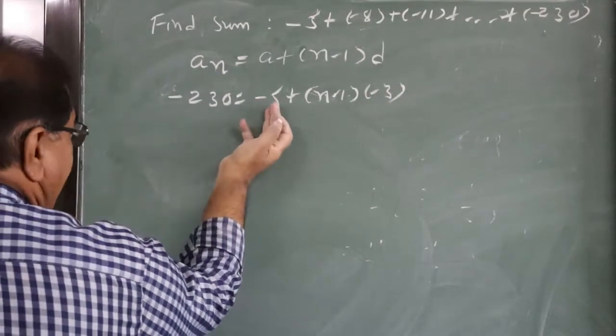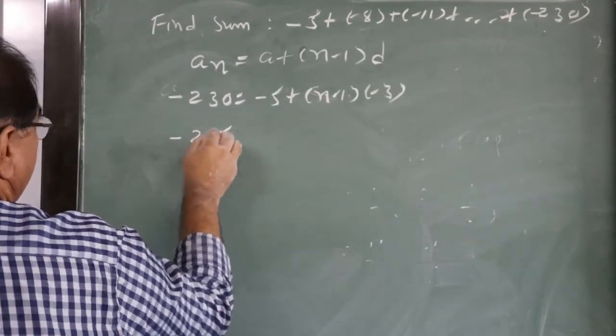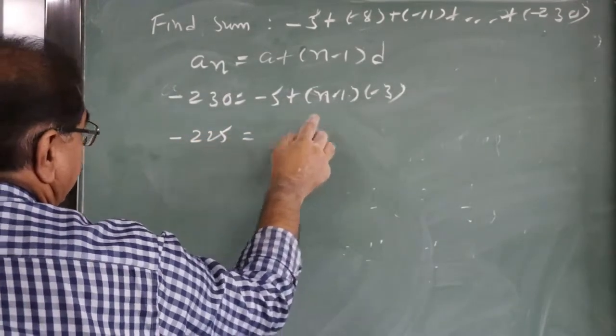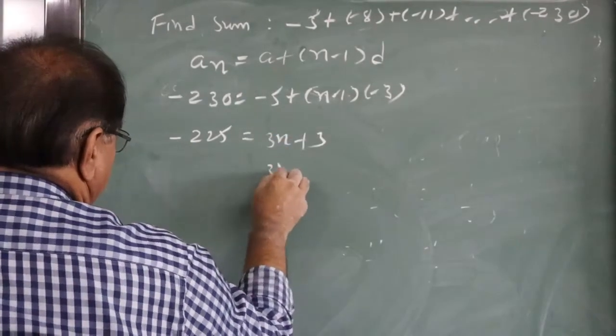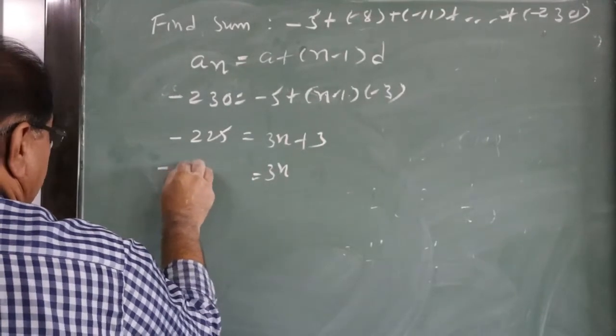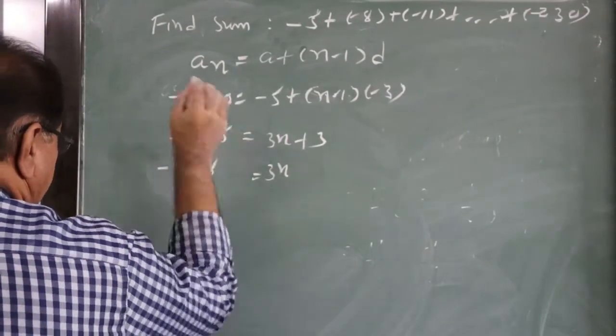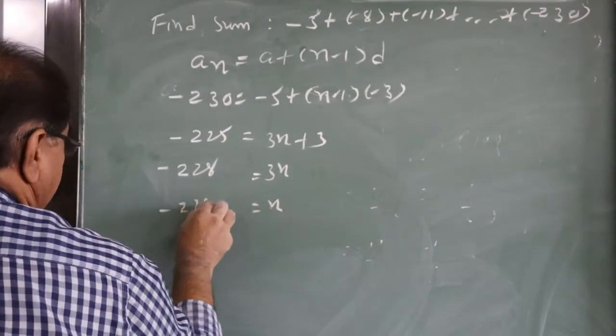Now, minus 5 changes side, becomes plus 5. So, it is minus 225 is equal to minus 3n plus 3. So, 3n is equal to, again plus 3 becomes minus 3. So, it is minus 228. So, n is equal to minus 228,